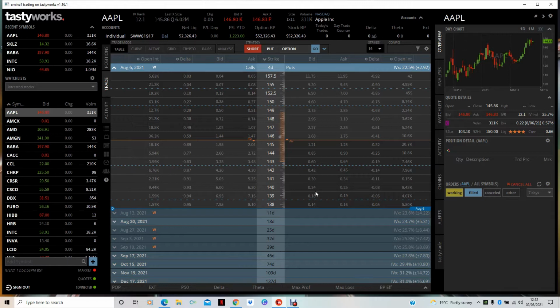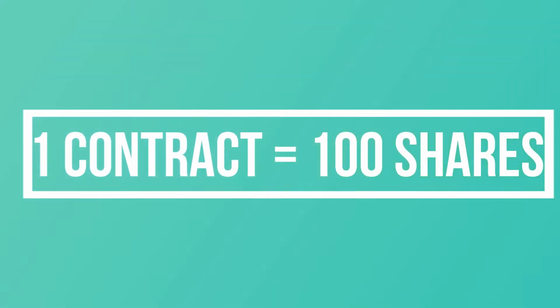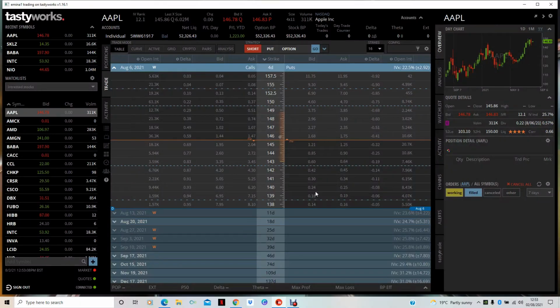Every time I open a trade, one trade or one contract is 100 shares of Apple, or whatever stock it is you're buying. You can't buy one, you can't buy two, you can't buy 20. It's got to be 100. So if I say I want to buy, I can choose $144 if I want. The higher I go, the higher the premium. So I'm being offered 85 cents here per share.